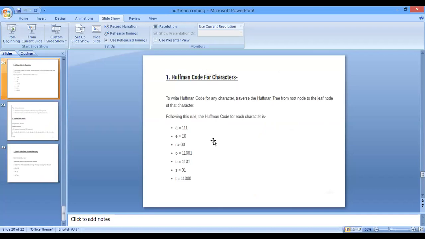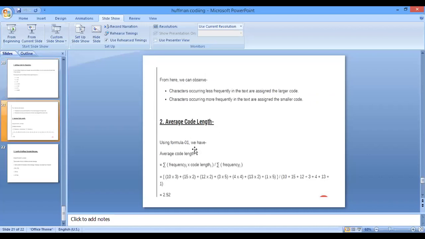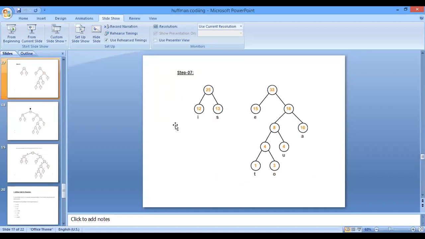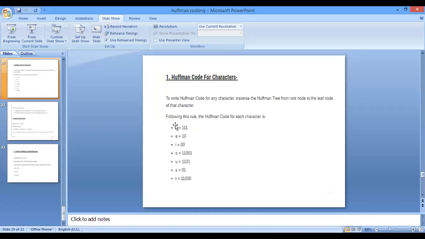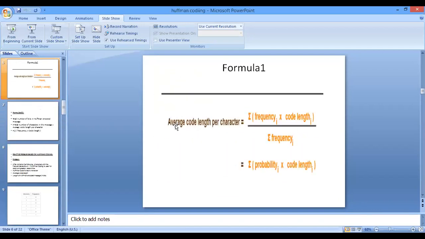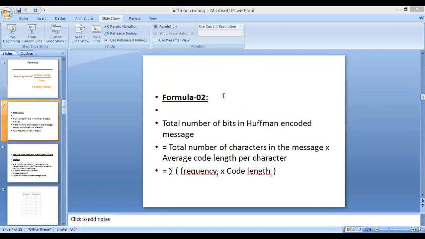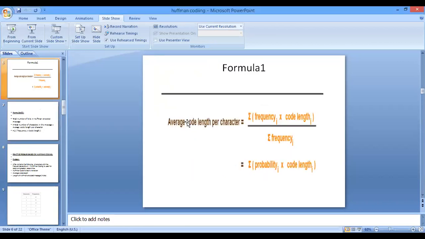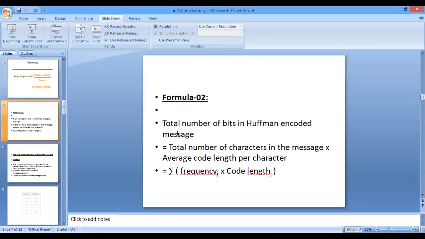Okay, now let's count how many bits we will require. So the first formula is for the total number of bits that are required.